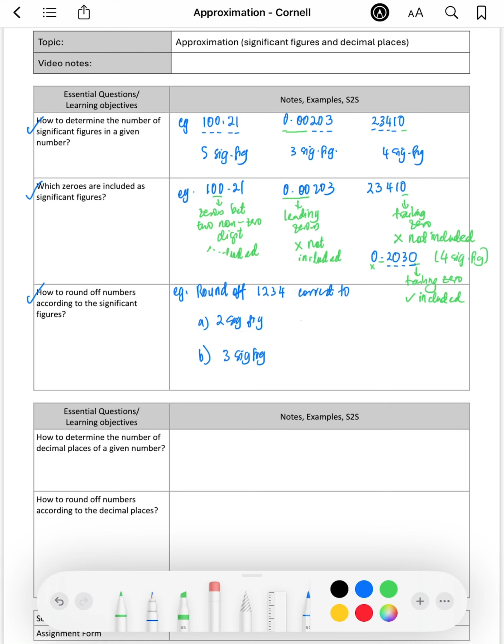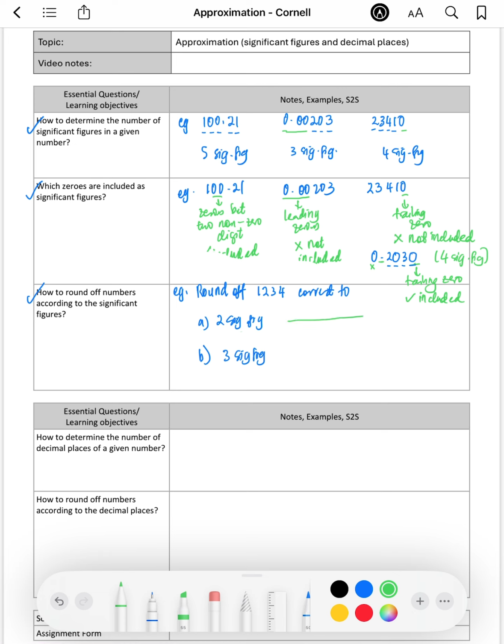Right. So next question on how to round off numbers according to the significant figures. So here I have provided the example. Let's say the question asks you to round off 1234 correct to two significant figures. So one way of doing this is